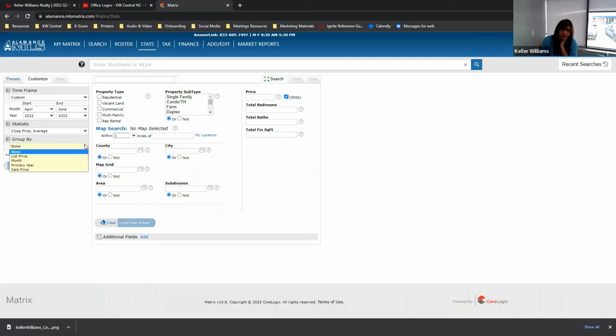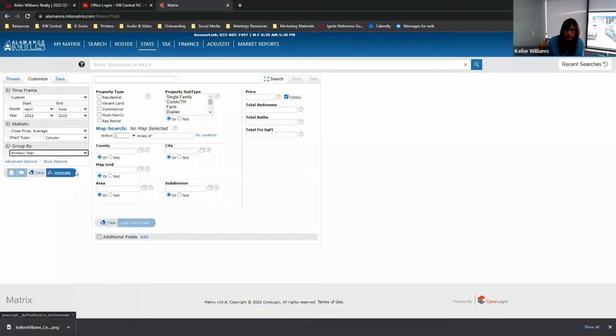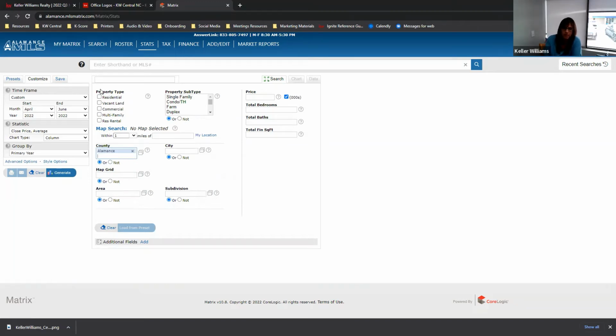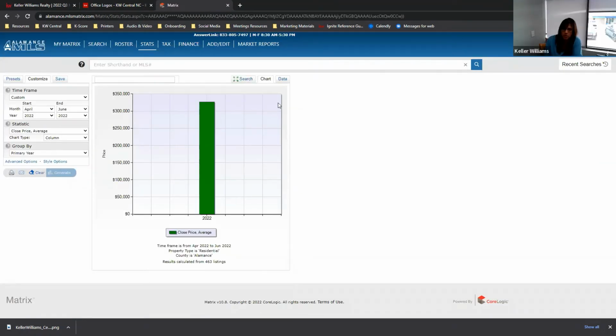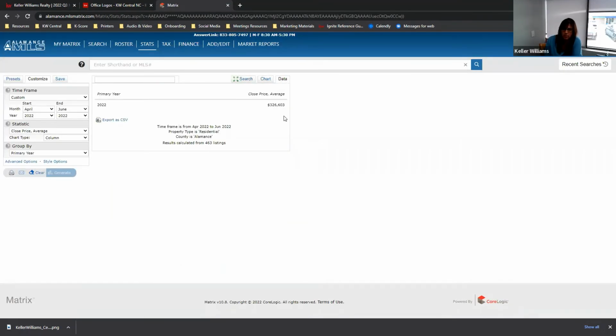And you probably want to group it by year because that'll give you the average sales price for that quarter for Alamance County residential. And it'll come up with a chart. So you just go to data. 326,603 would be your average sales price for quarter 2 in Alamance County.